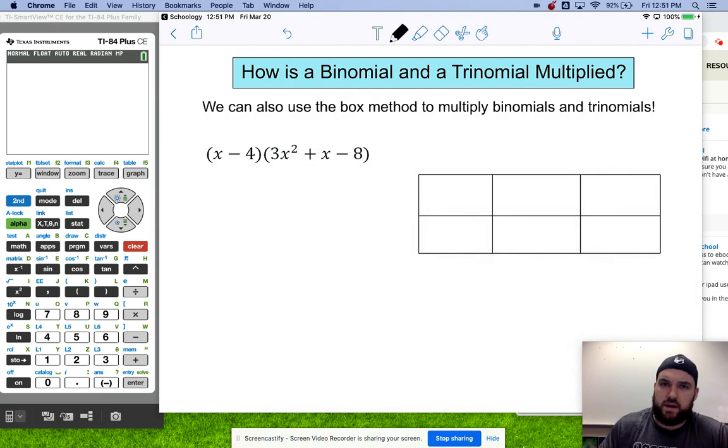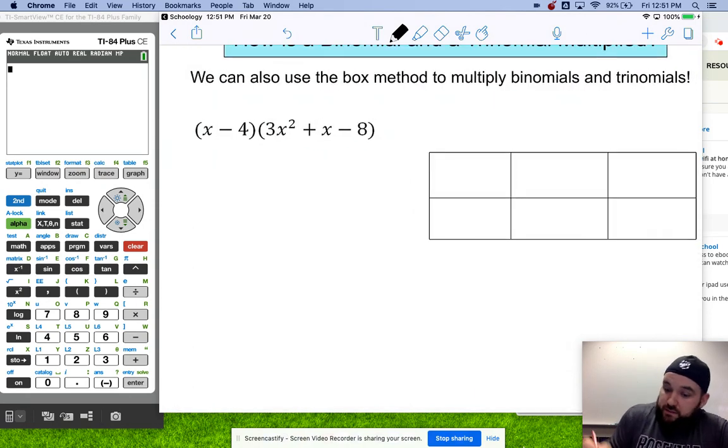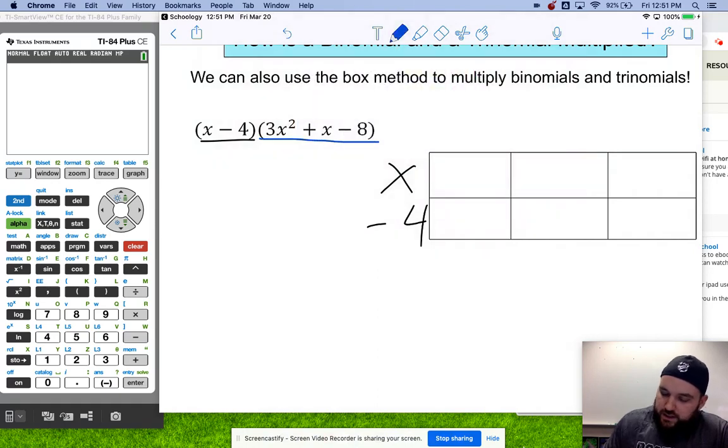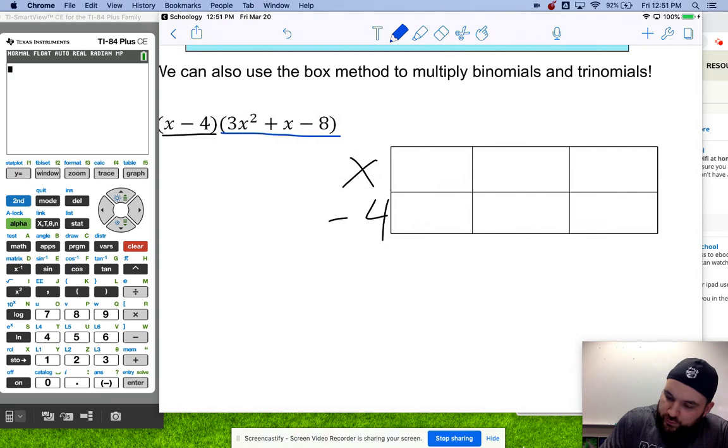It's actually the same idea, it's just two more terms that I'll have in my final answer. And so you'll notice if you want to do the box method, just draw a box that matches how many terms are in each set of parentheses. So x minus 4 are only 2 terms. And again, if you want to put a 1 there, you can. And then my second set of parentheses is a trinomial. So I have to break this up into 3